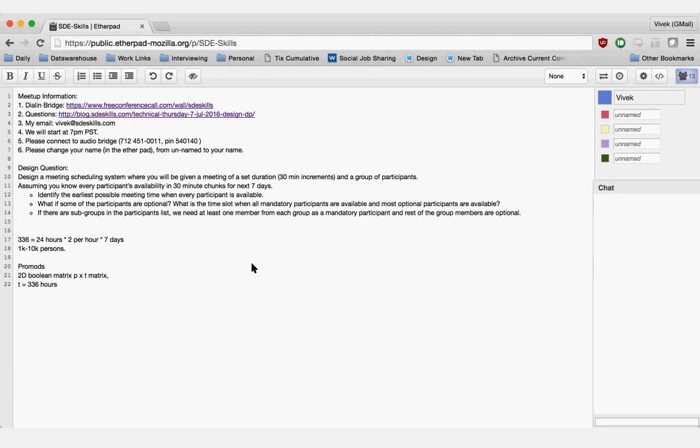What we go about doing is we try to fill. So since I told you this is a Boolean matrix, can I interrupt and ask a question? Go ahead. Sure. Is it like any 30-minute increments, or for example, do we do 30-minute increments by half an hour? Like the meeting has to start at 10 o'clock or 10:30 or 11 o'clock. It can start at 10:05 and go to 10:35.